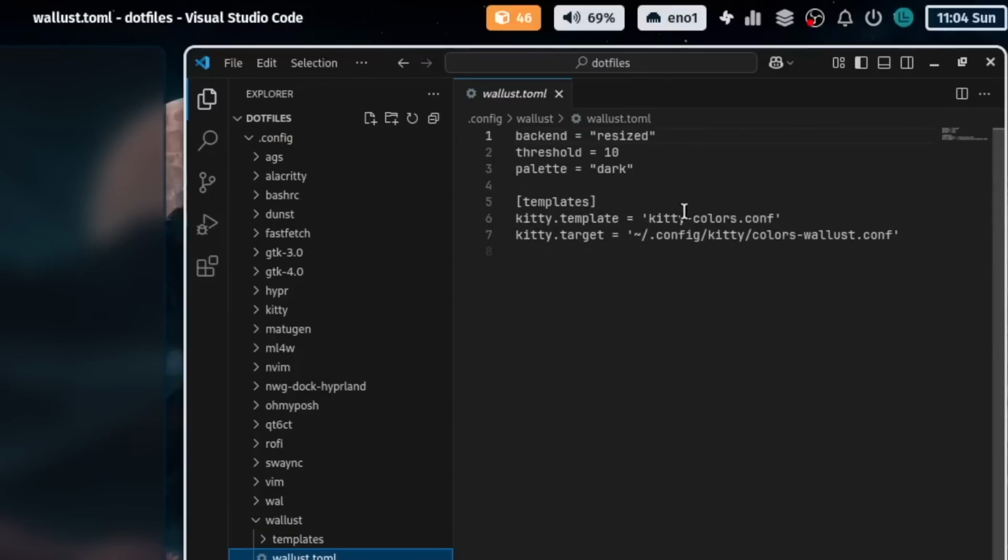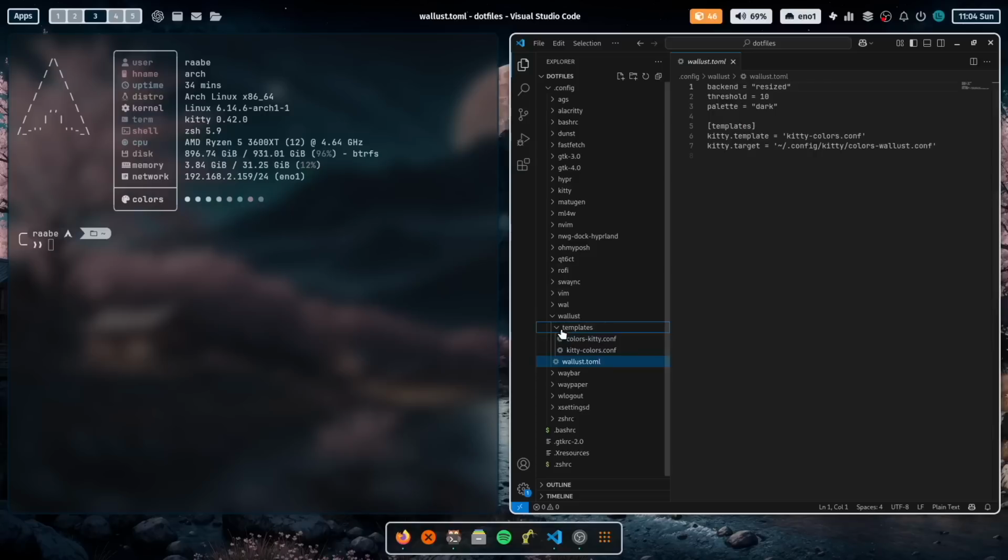Also here we have a template file and a target file. Yeah, you can also define some parameters like the backend to generate the color theme, the threshold and the number of colors that you want to generate, and the palette, where you can decide on a dark or a light palette. But in general, they work similar. Here is the template